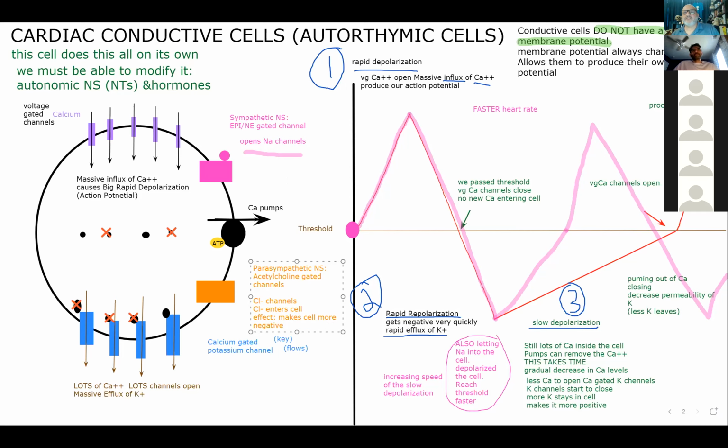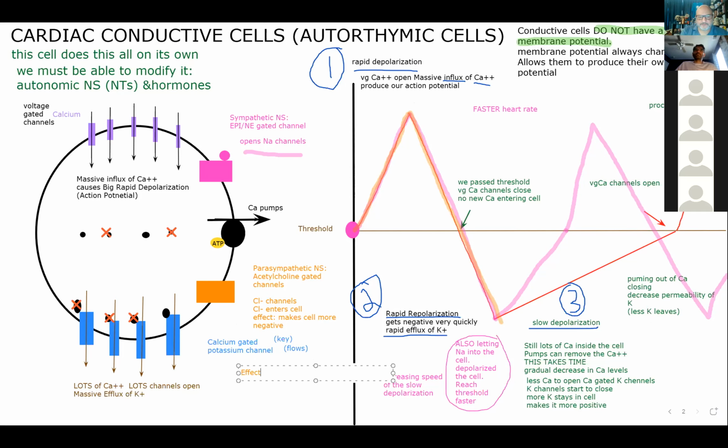So notice, once again, we have our starting point. We're going to get that rapid depolarization. We're going to get that rapid repolarization. But now we're opening chloride channels. So yes, potassium is leaving the cell, making the cell more positive, but also chloride ions are entering the cell. And so if those chloride ions are entering the cell, making the cell more negative,